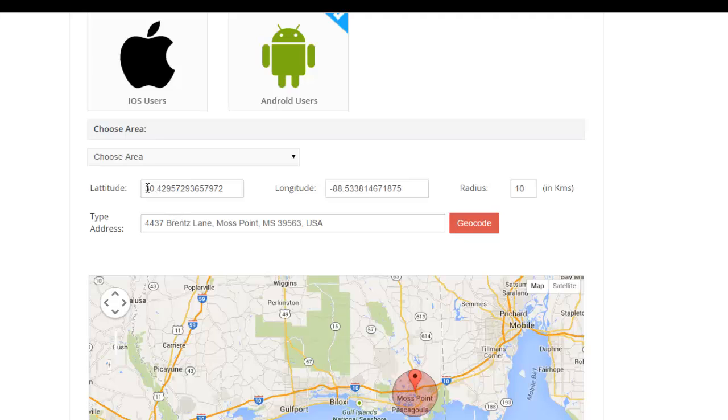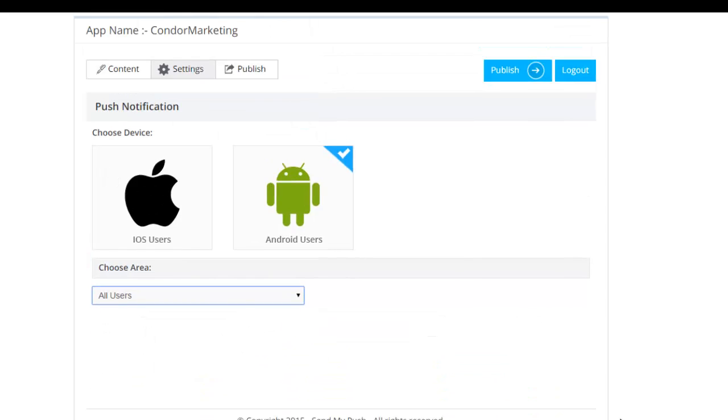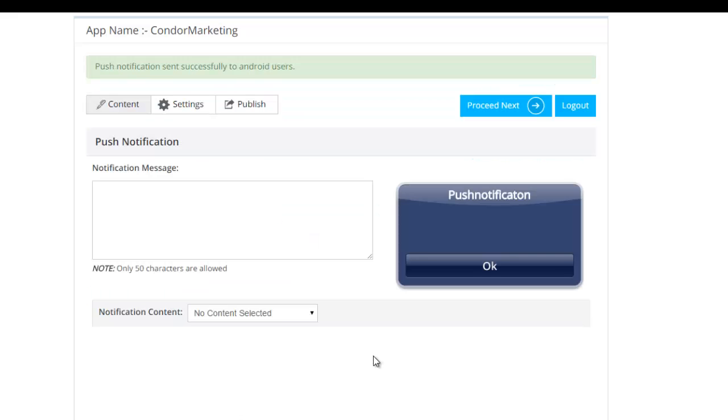Otherwise, I would just choose all users, whether in Europe or in Australia or in the United States. Anyone who has my app is going to get this message. And then I could push publish. As soon as I push publish, I want you to listen to this. This is my own phone sitting here. I'm going to push publish. 5, 4, 3,